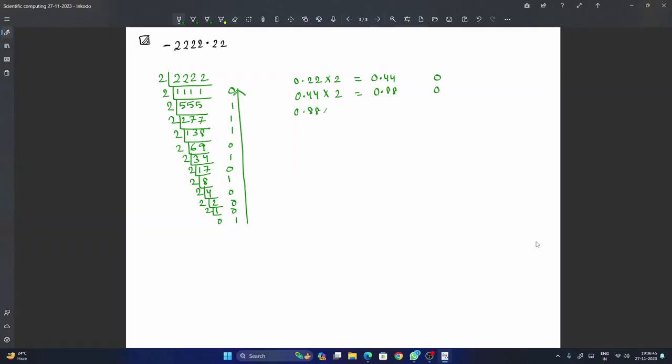Then 0.88 into 2, it is equal to 1.76, 1. Then 0.76 into 2, and in this way actually you have to go on. You have chosen a number which will not recur. That means you have to calculate at least 23 such digits,